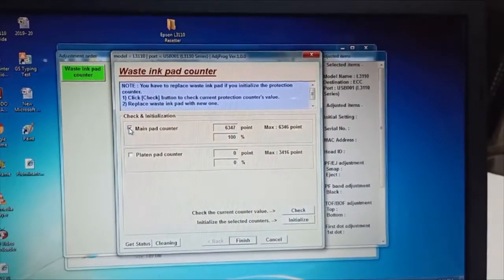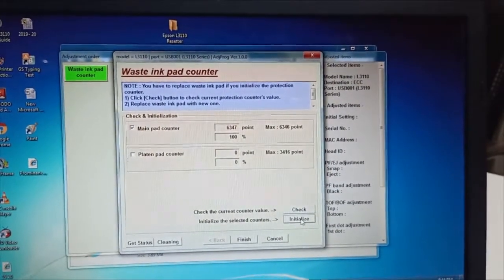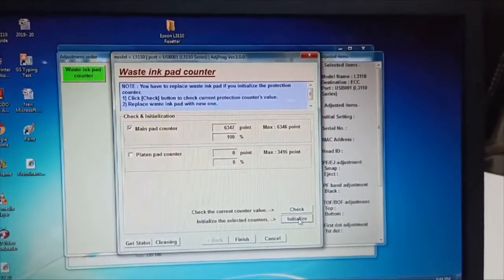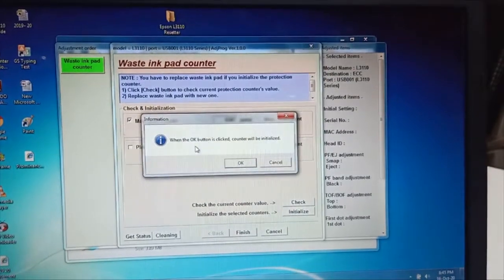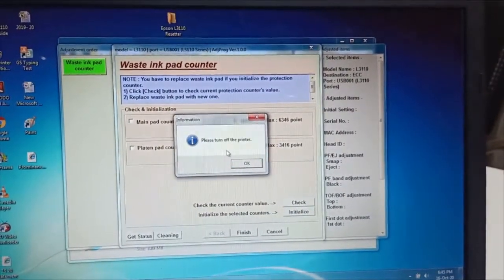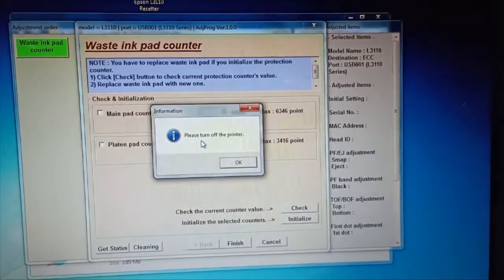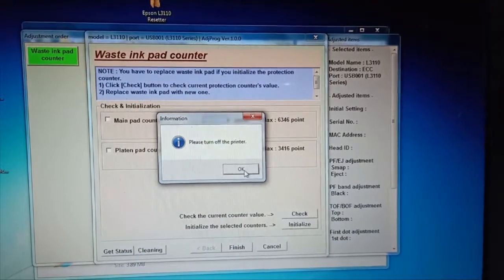Again main pad, select main pad counter, select initialize. You can see, please turn off the printer. Click on OK.